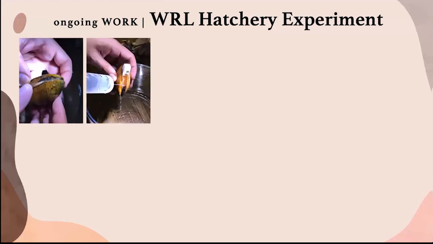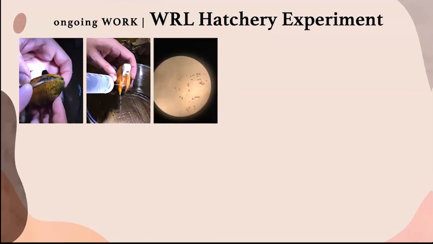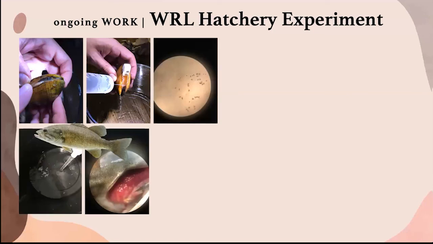We collected 12 gravid females from the Grand River. They were brought back to the White Lake Fish Culture Station, where the glochidia were then used to inoculate smallmouth bass, and then those smallmouth bass were kept grouped and separated by family. Once the juveniles metamorphosed and fell off the fish gill, we kept them separate until they were harvested when they reached about 1 millimeter in length. And to answer these questions, we wanted to use a microsatellite and SNP approach.